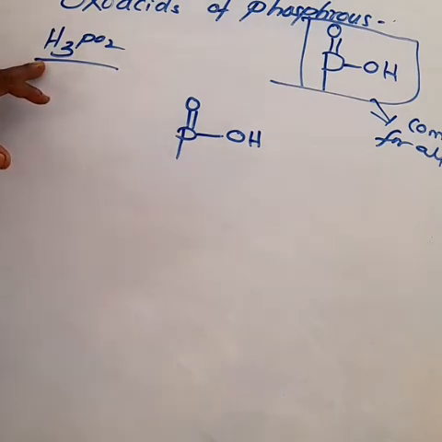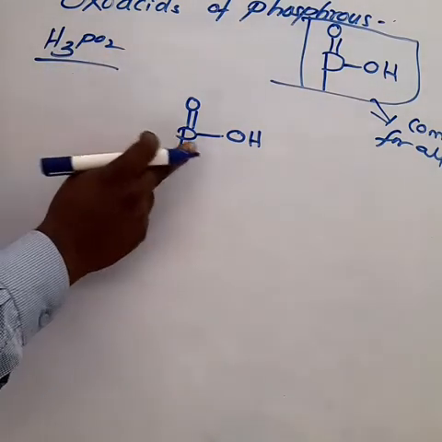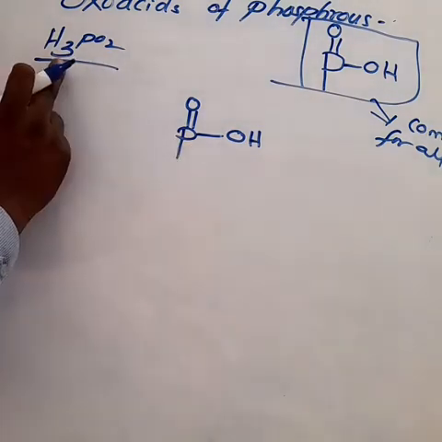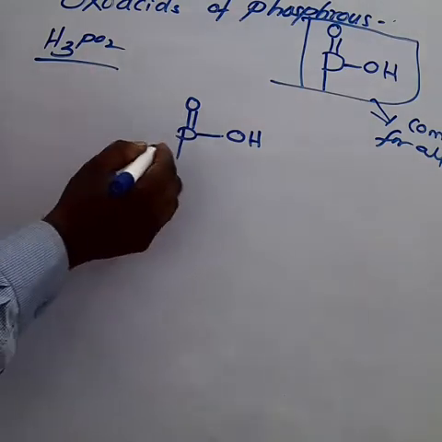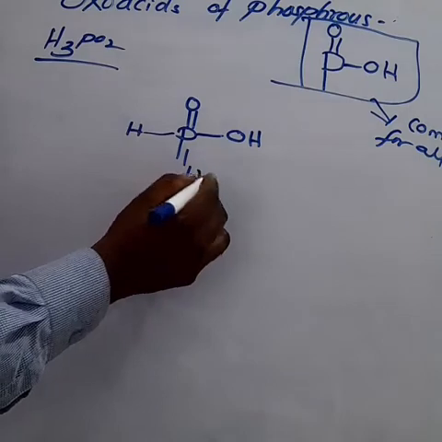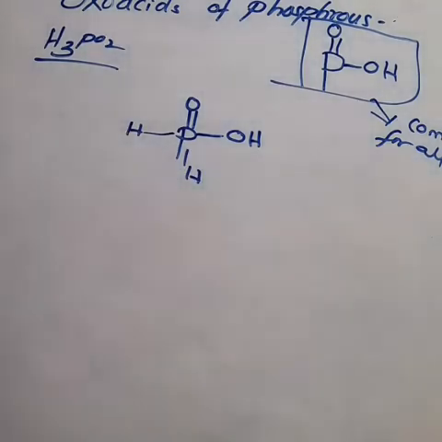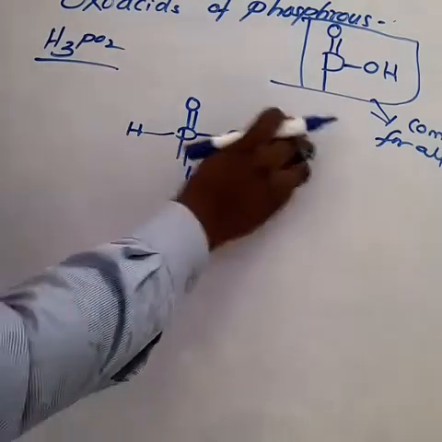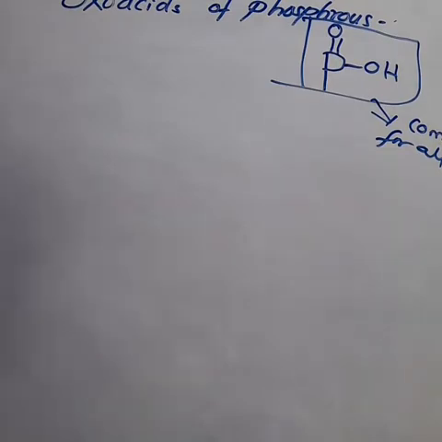Now look at the hypophosphorus acid formula, H3PO2, am I right? As per this formula, phosphorus is used. Out of 3 hydrogen, 1 is used, and 2 oxygen are used. What is remaining? Remaining is 2 hydrogen. So you have to attach 2 hydrogen on 2 different sides. Now it is done, am I right? So this is the structure of hypophosphorus acid. Can you draw it?